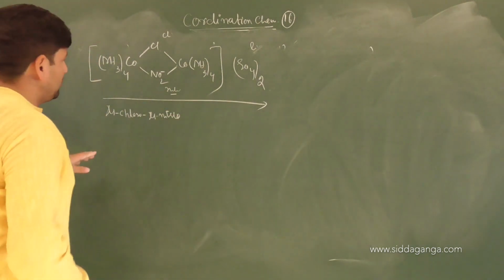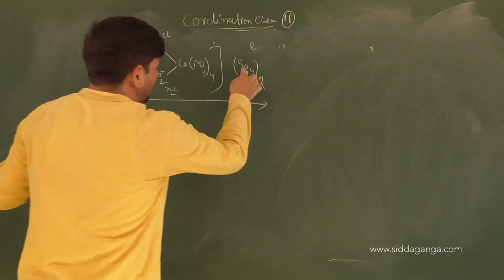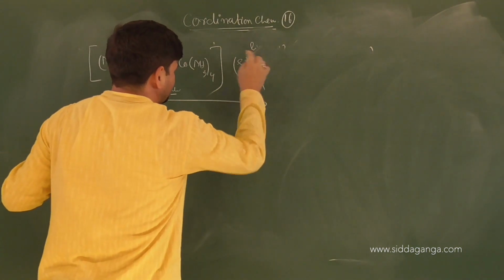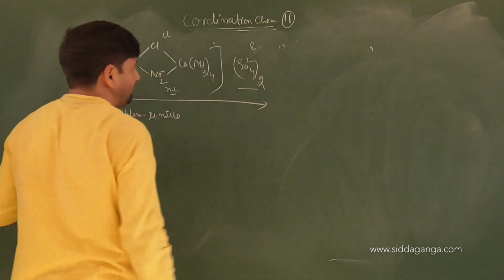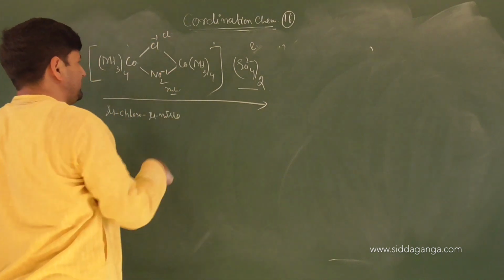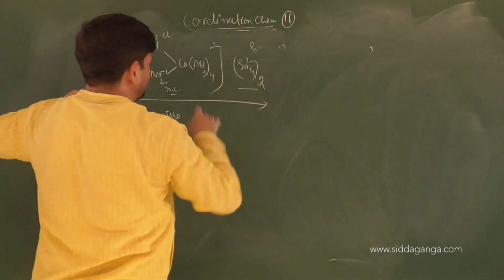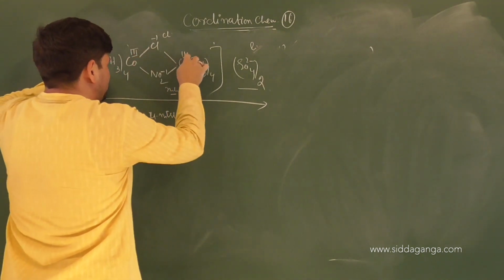Then we have this whole coordination complex in one complex, right or not? Charge of SO4 is 2 minus. Total number of electrons needed by counter ion are how many? 4. Chlorine's oxidation state is -1, NO2 is also -1. Total electrons needed to be lost are 6. 3 will be lost by this cobalt and 3 will be lost by this cobalt.